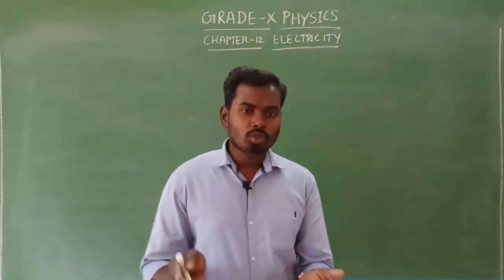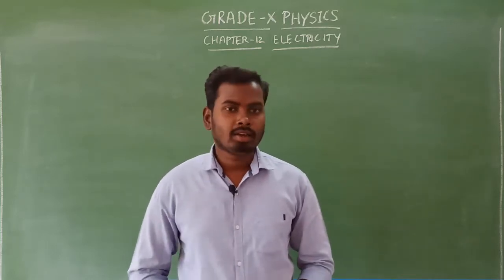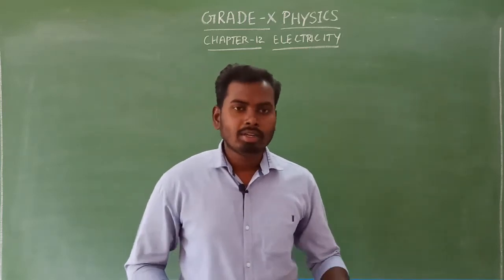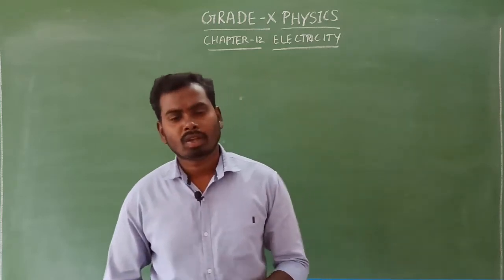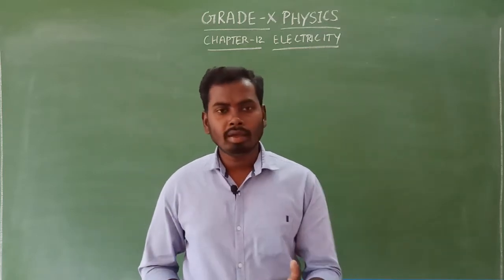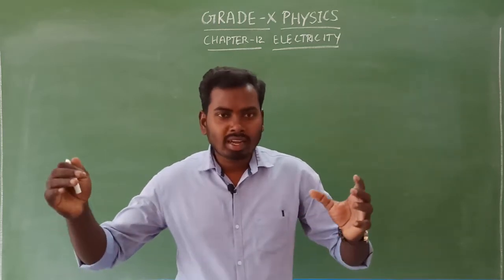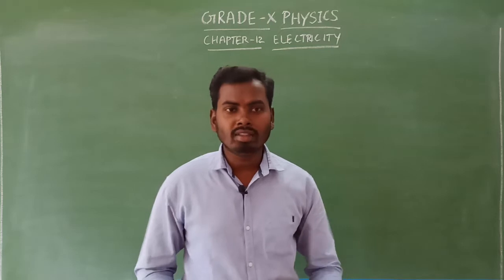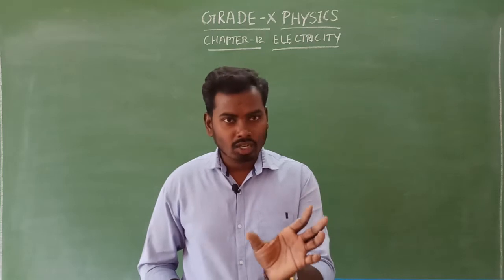So, in order to start our next topic, we must recall what things we have seen in the previous video class. Actually we have seen the formula for calculating the electrical energy and then the commercial unit of electrical energy. So, what is the formula for calculating electrical energy, sir? Already we know the electric power is equal to work done divided by time taken. Whenever work is done, an equal amount of electrical energy is consumed, so work done is equal to energy consumption. So we can write this formula: electric power is equal to energy consumption divided by time taken.